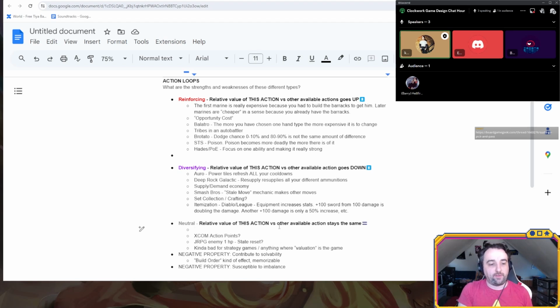If a complete state reset after this action means that there can be no reinforcing, no diversifying, et cetera. And that also is a gradient. If there is a little bit of memory, then it can be